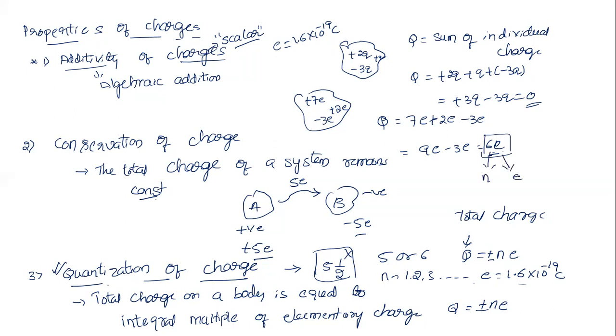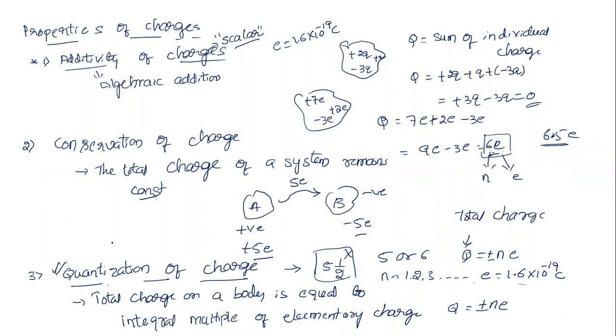How much charge is there? Is it anywhere possible to have 6.5 e? That is not at all possible. Half values or any fractions are not possible. It is always equal to n times e. In any body, even in a human body, almost in all cases we know the body is in a neutral condition.